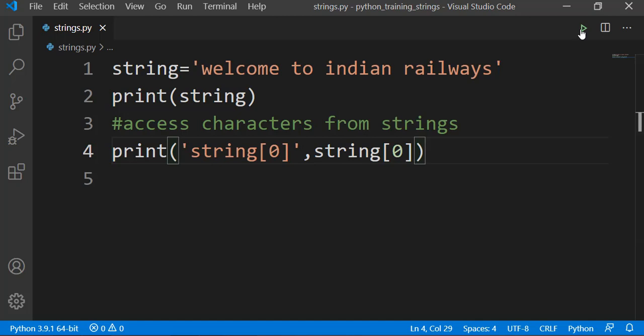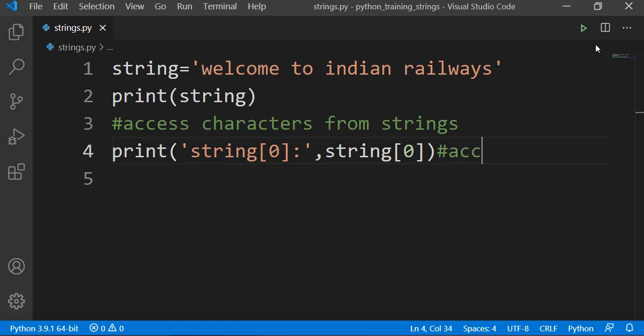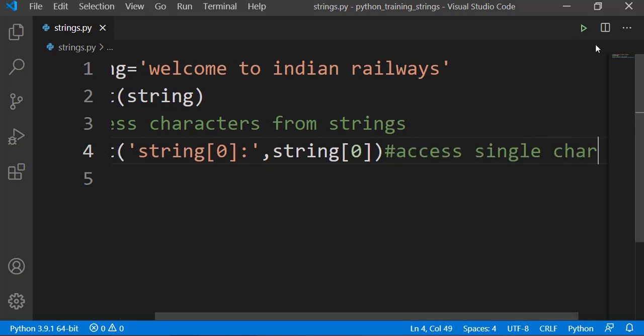Now let us run this program. I'll just give a colon here. You can see that we have got string 0 and the value at the 0th index is W. So this was for accessing a single character.